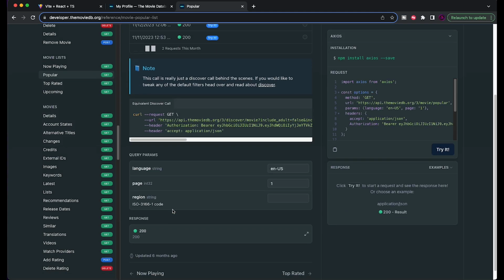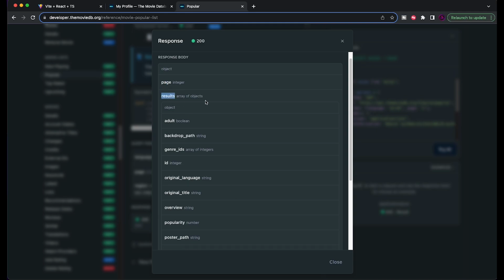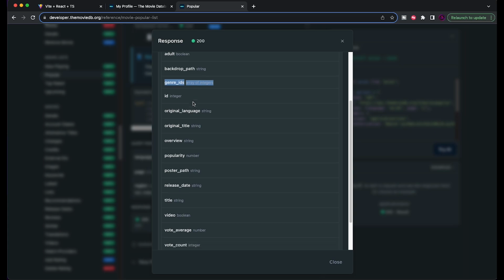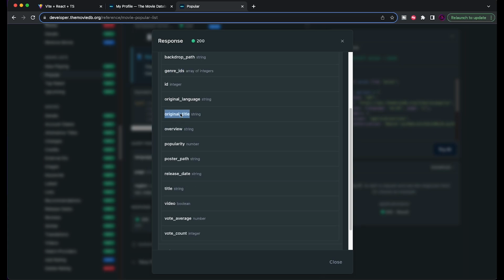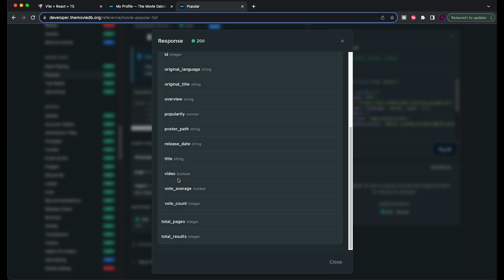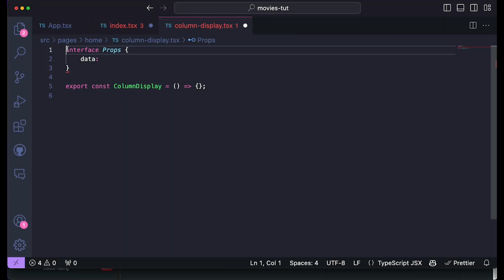And you can see that the type of data that we get back from this is a bunch of information, right? We get a list of movies and each of them contains a movie poster, genre IDs, a description, a title, the movie language, the popularity, the release date, the title, the voting stuff, a bunch of stuff. So we kind of want to structure how we want to display the data